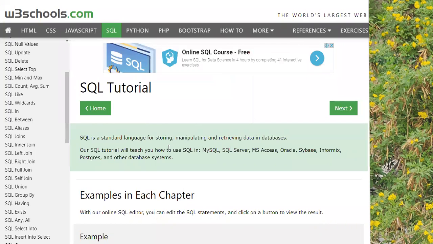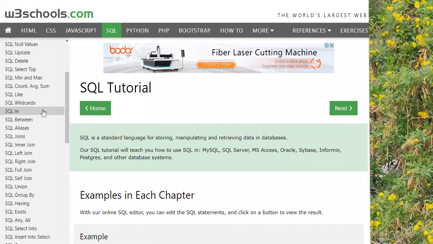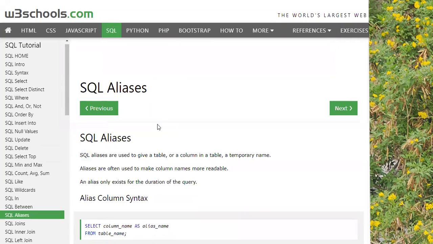Last time we had discussed the DDL statements, DML statements, and some more advanced DML statements like min and max, count, average, sum, the aggregate functions, the LIKE operator for string operations, manipulation, selections, finding patterns, okay? Then wildcard characters, the IN clause, and the BETWEEN clause. So today we will continue with the different types of joins, okay? But before that, we will be going through the alias.